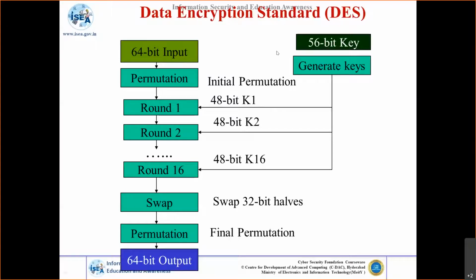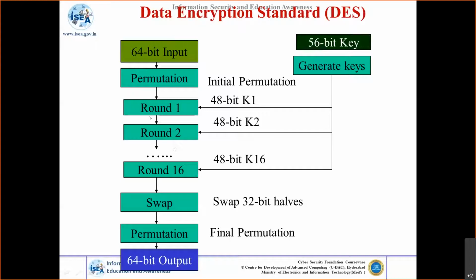In this Data Encryption Standard, the input is always treated as a 64-bit block. Whatever blocks are coming will be passed through this operation. It passes through the initial permutation, and after that through 16 rounds of operations. In each round there are substitution boxes (S-boxes) and XOR operations, which take a subkey. There is something called the subkey generation algorithm: from the 56-bit key, 16 subkeys will be generated. Each of these 16 subkeys is 48 bits, and is passed as an argument to each round.